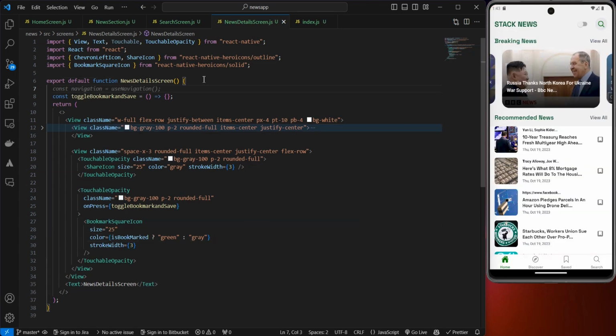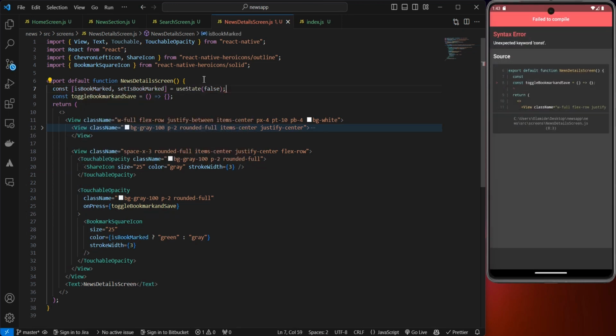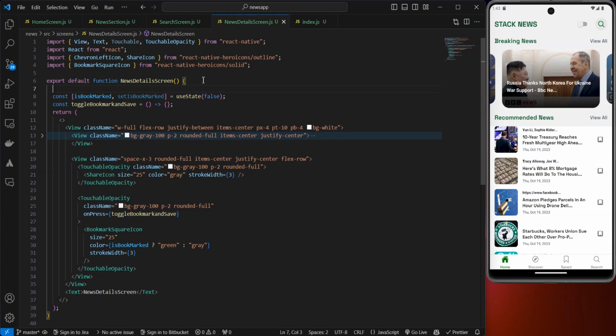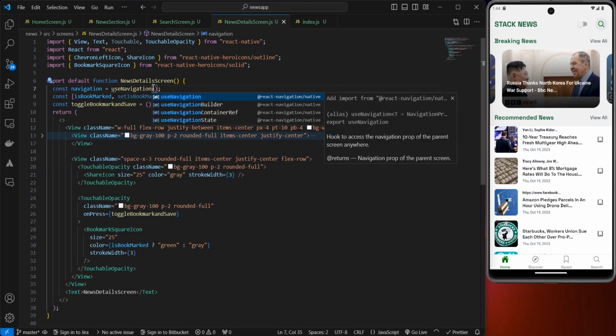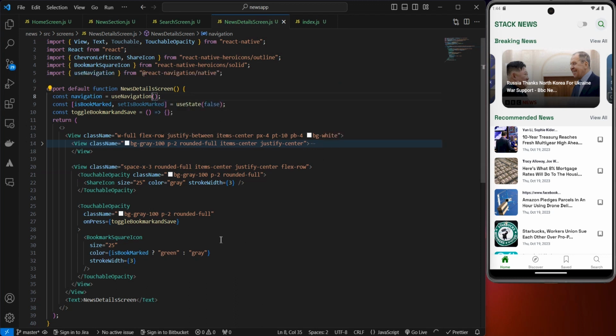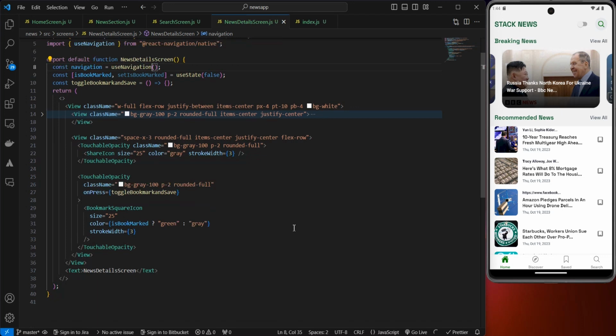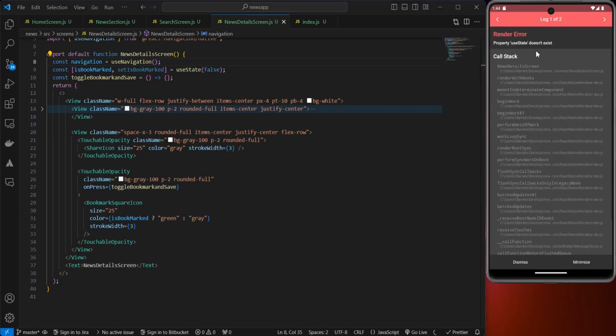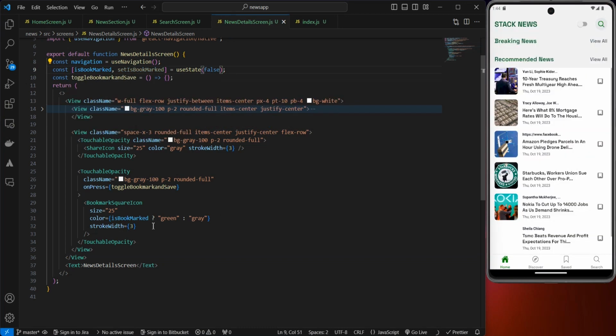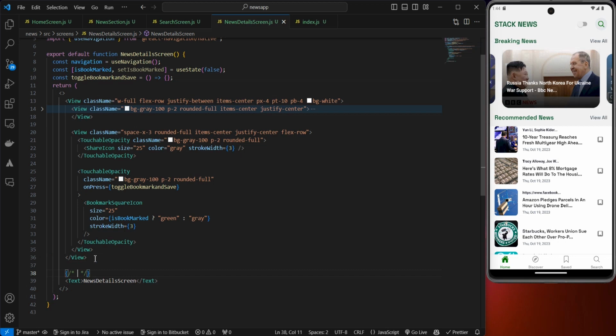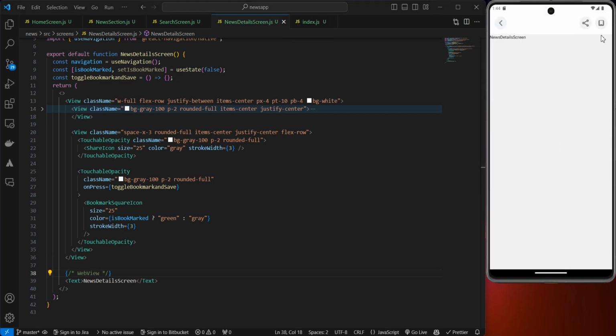Right here, let's just create the state for that. We're just going to say const is bookmarked, and we're going to set the state like this. Also, we want to create the navigation right here. I just want to import this like this so that we don't have any issue related to the navigation in case we need it. So it says this state doesn't exist. Let's just bring that in pretty quick. And once that is ready, just after this is where we want to have our web view. Our header component is ready, as you can see right here. So let's just